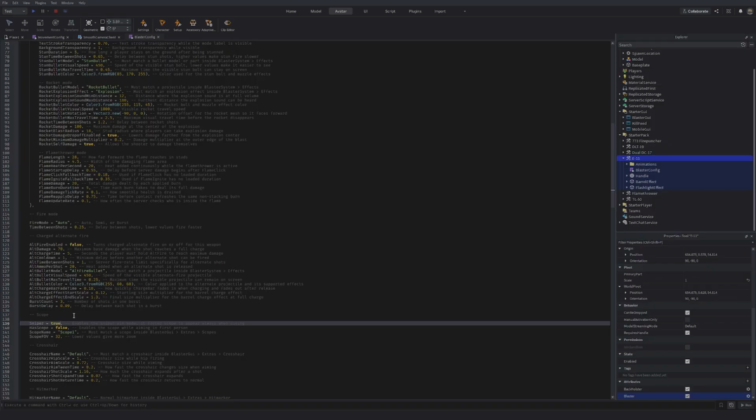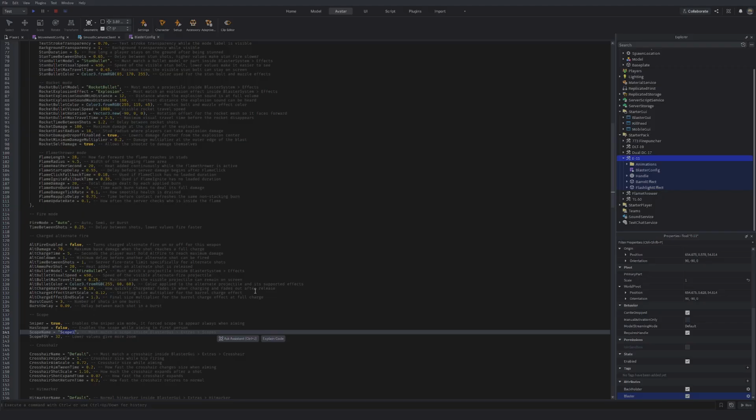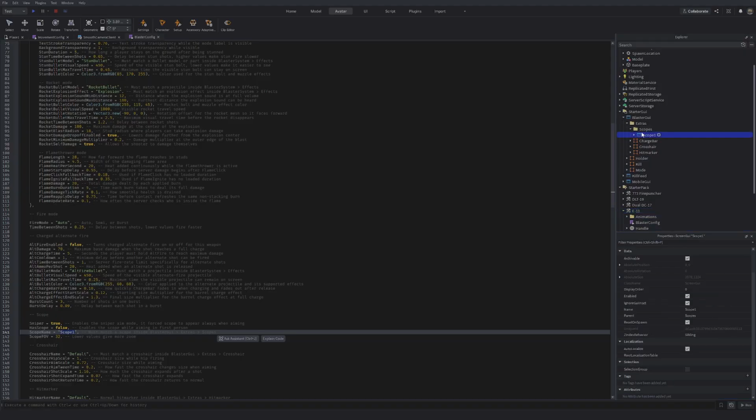not, it's going to force this scope on. So it's going to force whatever scope. And remember, we were talking about how you can make your own scope. You can make as many scopes as you want. Name it whatever you want. It just has to match it right here